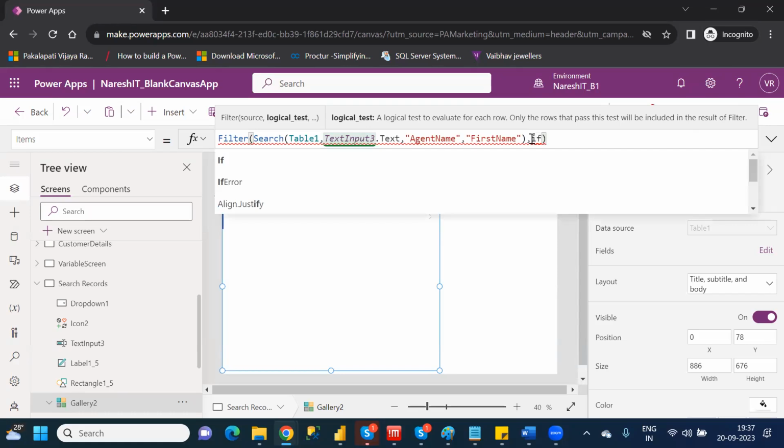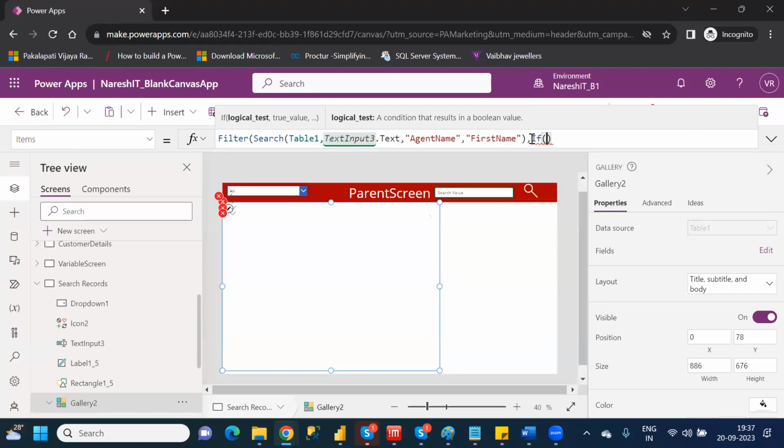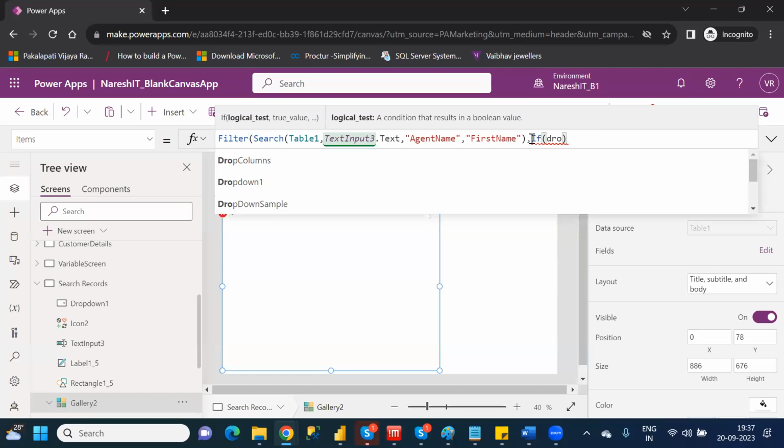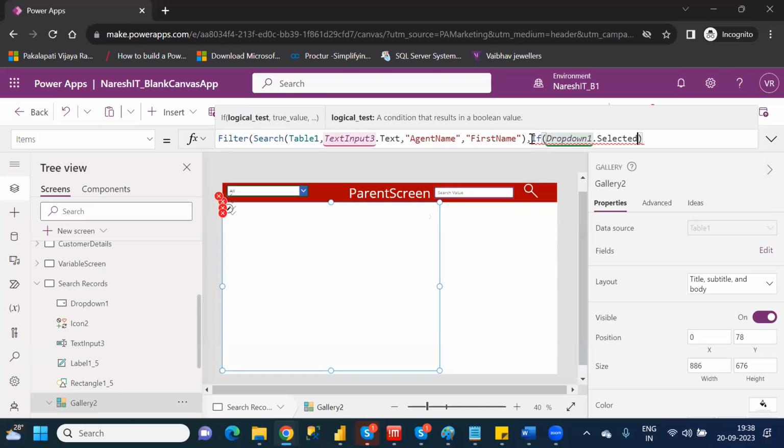First, you have to check it in the drop down. That means Dropdown1.Selected.Value. If the selected value is equal to all,